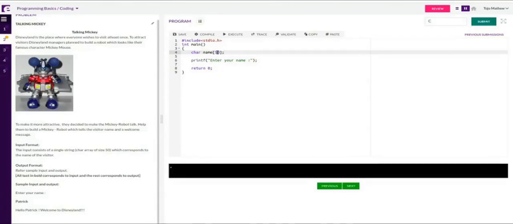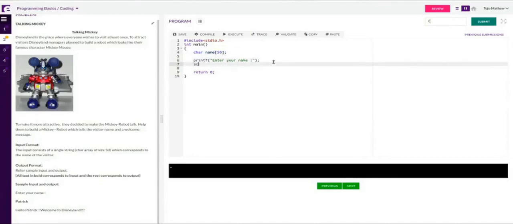Okay. So it is okay to give 20 also if you are planning the name will be of 20 character size. So why can't we use string? String is not supported by C. It is in C++. So we are going to use the C compiler, and a character array is what we'll be using for storing names. Now, the variable is created and the display message is there. Then we have to read the value entered by the user.